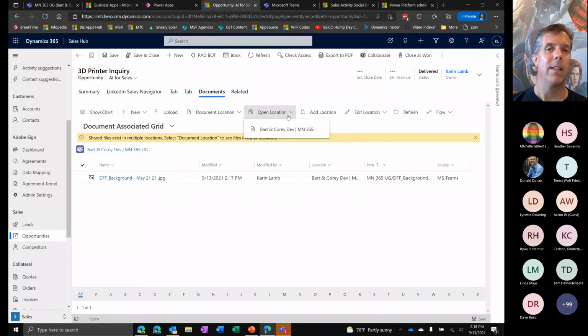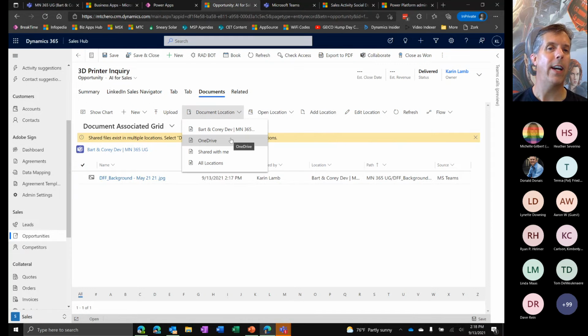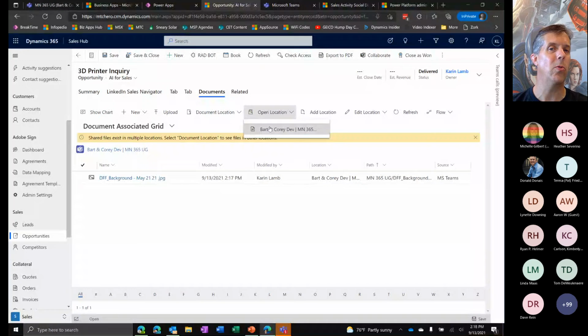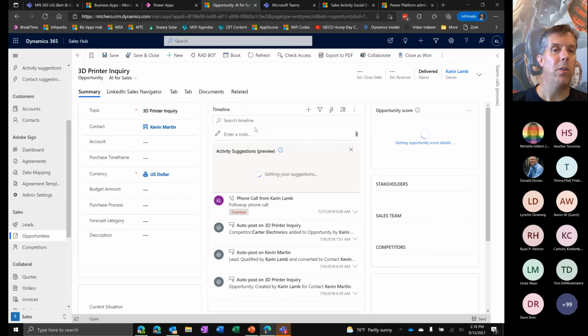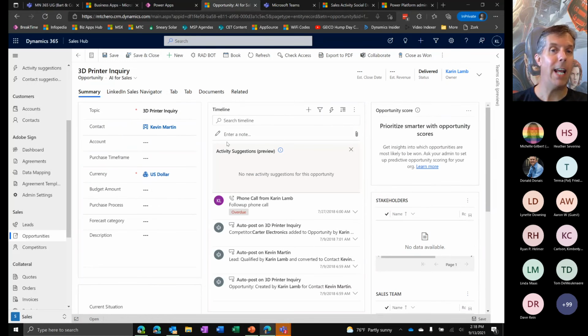Now, as a Dynamics user, I've got other things that I could look at here, like OneDrive or other SharePoint sites that might be connected with Dynamics so that I could store and look for data in many different places if I wanted to. But on this particular record, I've only stored them in the one place, so that's why only one shows here. If I had different data stored in different places that were all tied to this record, I could switch between them or say I want to look at them all. If there's more than one, it'll give you an option to search across all those locations. So, a pretty slick document collaboration scenario to go along with the full collaboration scenario from within Dynamics here.